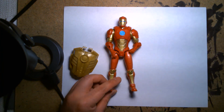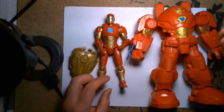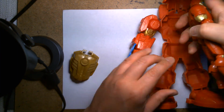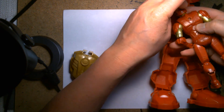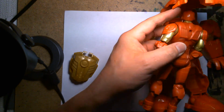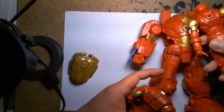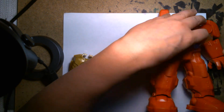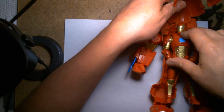So the question remains, will this guy fit into the mech suit? Let's see. Alright, so we pop this open. And I ran into this issue the first time I shot the video, is that this hole here is tighter than the one that came with this guy. This guy, when you plug him in, it's a natural fit. This one, the hole's tighter, I don't want to press it in all the way,